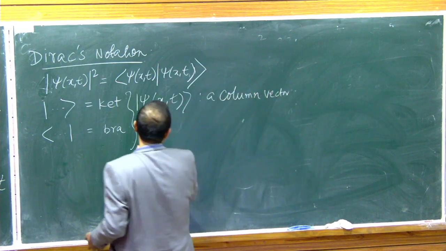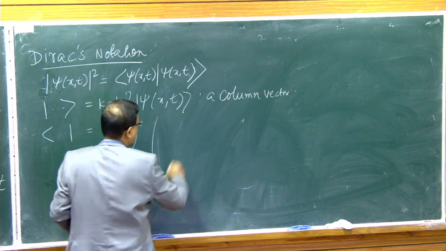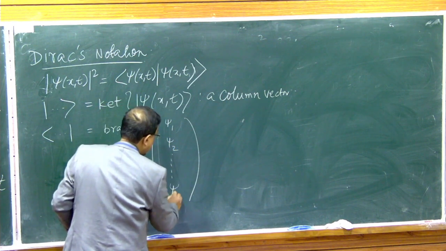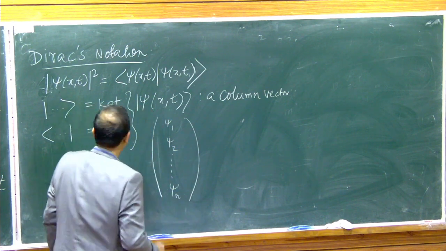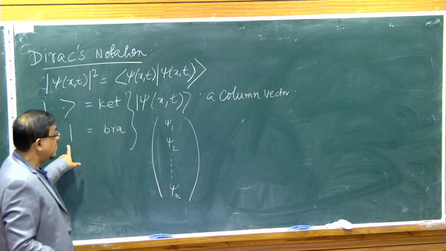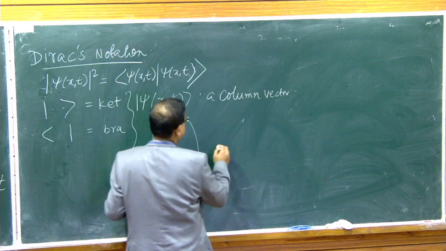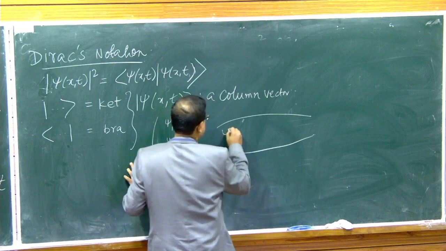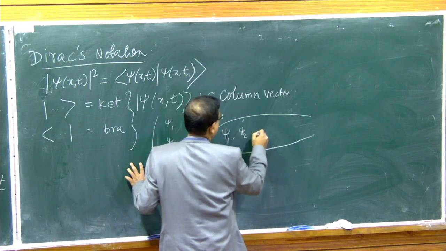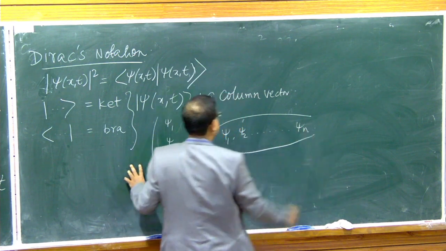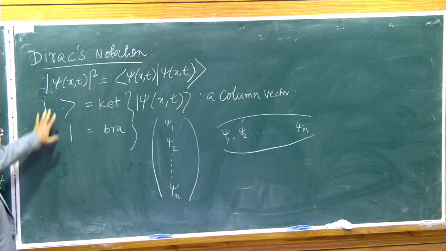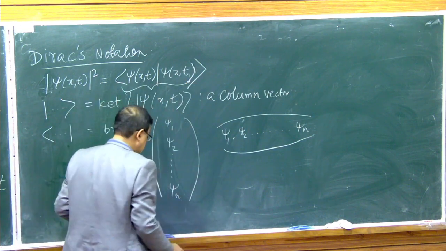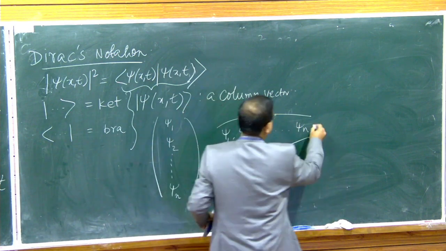It has entries, say for example, we'll write a column vector like this, psi 1, psi 2, and so on, up to psi n, and the conjugate of that, or the bra of that, is a vector like this, psi 1, psi 2, up to psi n. So writing this notation is actually equivalent to writing it this way. So this is a row vector,